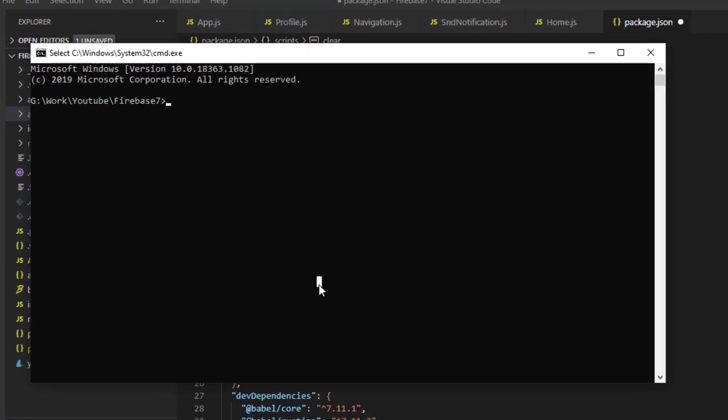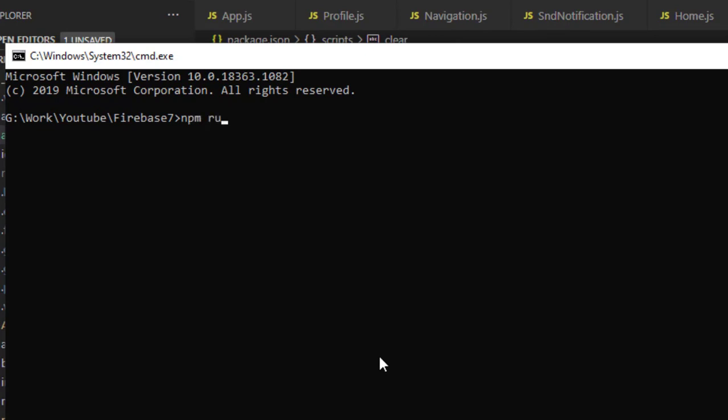Now you just have to run only npm run clear.